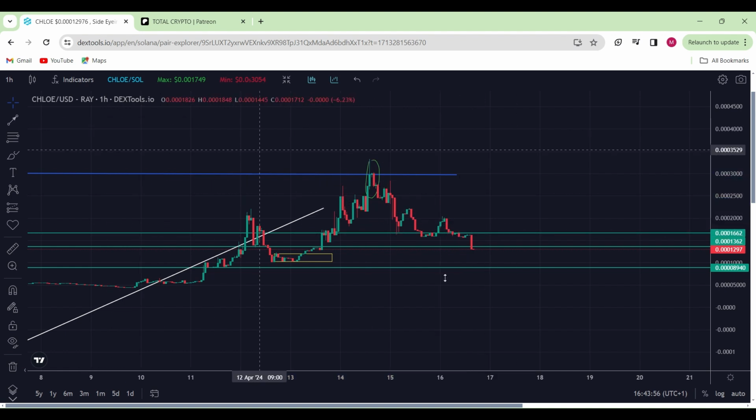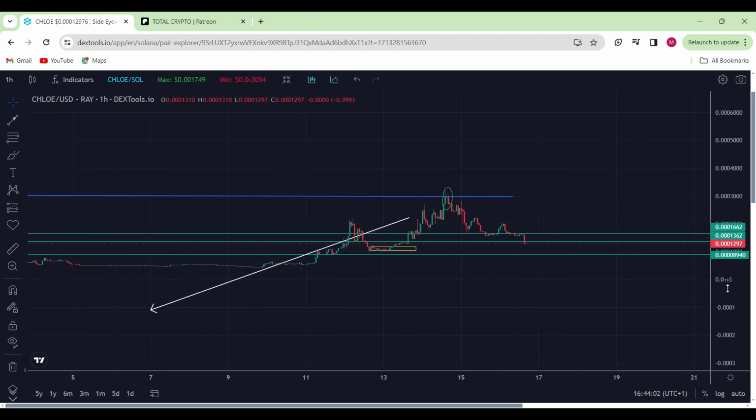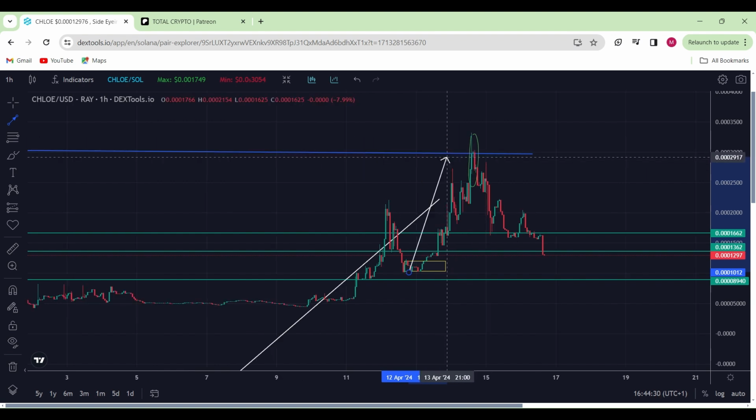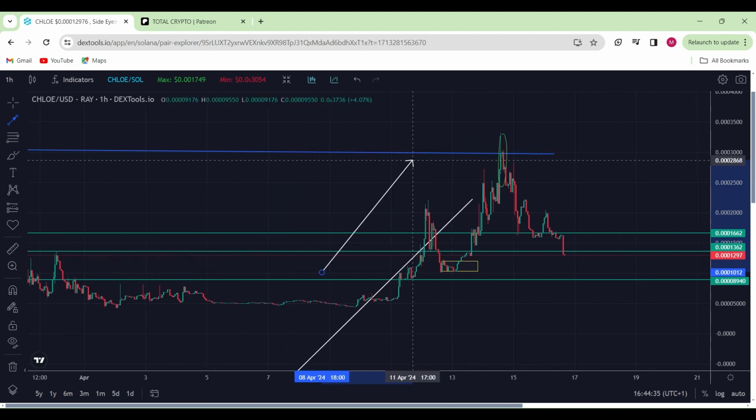But enough about that, let's get more into where I see Chloe in the next coming few days, or possibly even weeks. Alright guys, so currently we did come back down and we've broken through my last trading area, which was one of the main supporting areas, and instead we dropped right through back into this region over here. Because we made this original major pump up from there to there, eventually there would be some reaction towards this level up here, and that was almost to the T of where I said